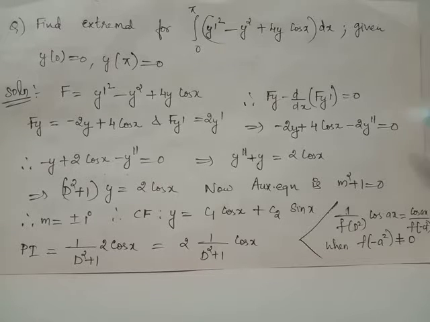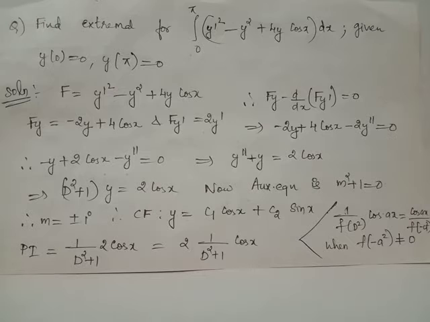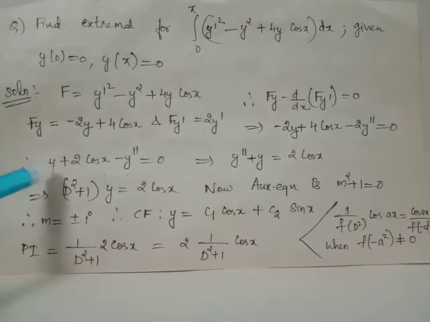Dividing both sides of this equation by 2, you get the equation negative y plus 2 cos x minus y double dash equals 0, which can also be written as y double dash plus y equals 2 times cos x. We have the differential equation of second order obtained as D square plus 1 applied on y equals 2 times